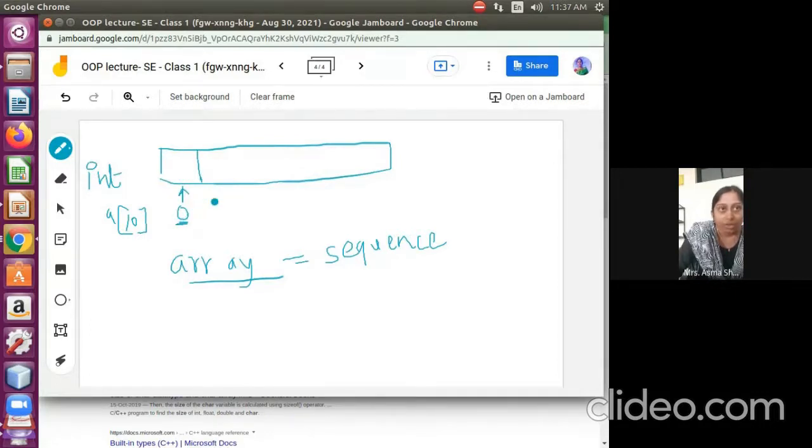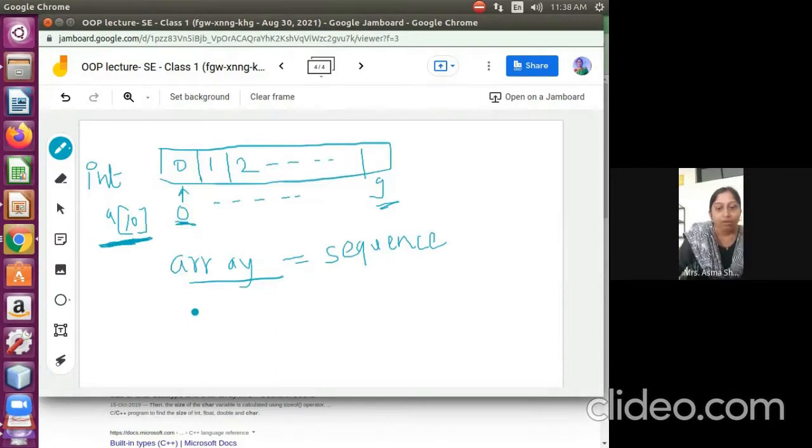It starts from 0 and goes up to 9: here is 0, here it's 1, 2, like this, and the last is 9. If I wanted to store 10 data items in the array, I start the index at 0 and go up to 9. To access a particular element from the array, I have to use this index.